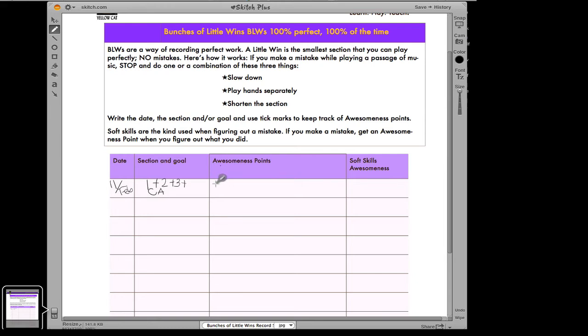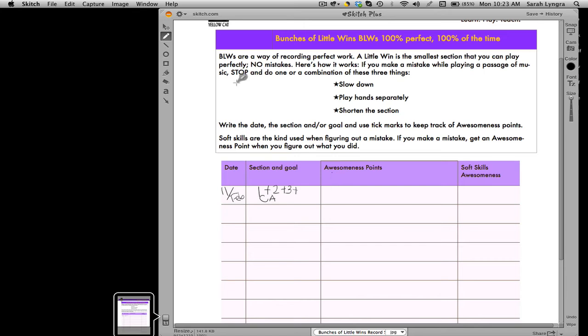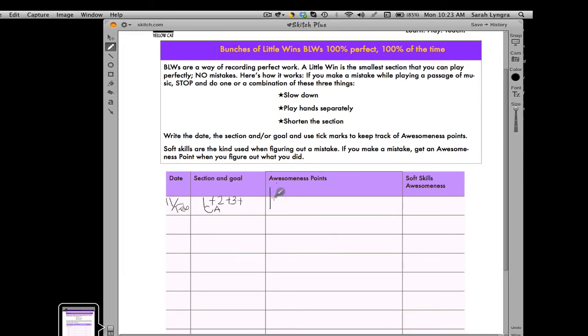In the case of counting out loud, what I do is I put this piece of paper in my students' hands and give them a pencil, and then when they count out loud, I have them do a downstroke on a tick mark to do this. Here would be counting out loud. 1 and 2 and 3 and...